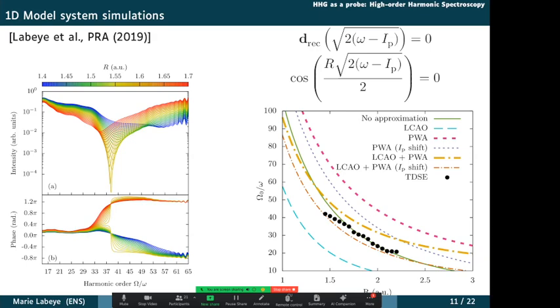So that explains why it's really bad, because the recombination dipole really needs to represent accurately the continuum state close to the nucleus. And of course, the plane wave approximation would be very bad at that point of space. But the linear combination of atomic orbitals, I don't understand why it would compensate this particular error. But again, it's a 1D model, so this error compensation I expected to also be there in 3D. Actually, I tested and we also see it in 2D. But I can't really be sure, right? These quantitative comparisons are hard to extrapolate from 1D or 2D to 3D. Maybe the 3D case is actually great.